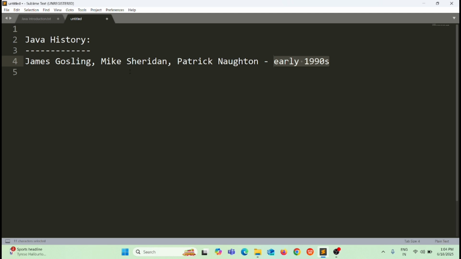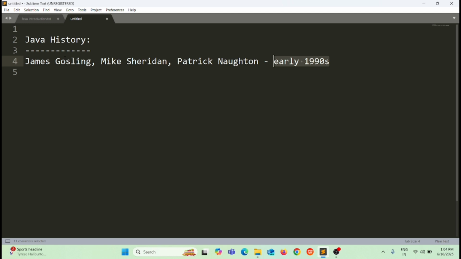Who created Java? Okay, so Java history is a long way. When any programming language is first created, it is not named Java. Let me discuss that. James Gosling, Mike Sheridan, and Patrick Naughton are three friends, three colleagues.